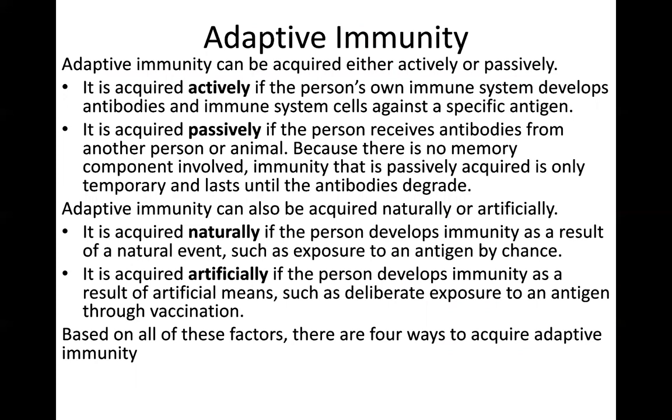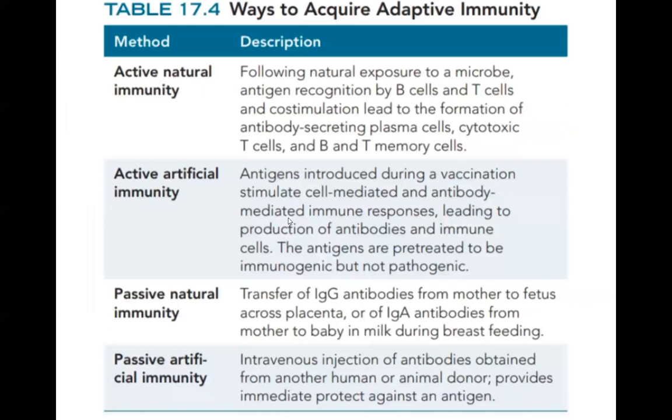Okay. Once again, we can also describe adaptive immunity as being acquired naturally or artificially. If it's acquired naturally, it's where they develop their immunity as a result of a natural event, such as exposure to an antigen by chance. If it's acquired artificially, the person develops immunity as a result of artificial means, which includes deliberate exposure to an antigen through vaccination. So based on these factors, there are 4 ways to acquire adaptive immunity, and they are listed